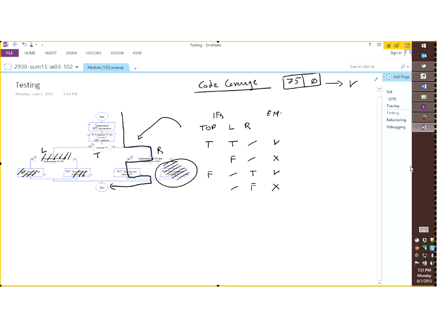So right now we have an outline of every possible execution path, but instead of drawing them on the Raptor flowchart like I did before, I'm making an inventory of everything that can happen in those 3 if statements, a truth table of everything that can happen.